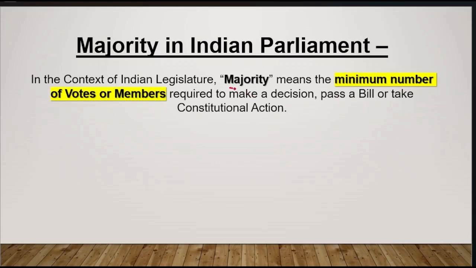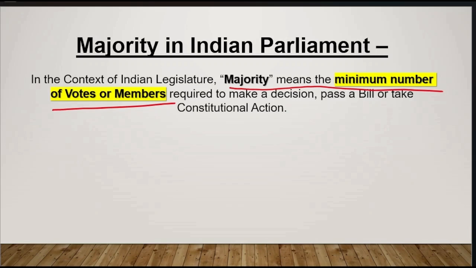So majority is nothing but the minimum number of votes or members required to make a decision, pass a bill or take constitutional action. তো মেজরিটি কথাটার মানে হচ্ছে একটা পার্টিকুলার বিলকে পাস করতে গেলে বা কোনো কনস্টিটিউশনাল চেঞ্জেস আনতে গেলে তার জন্য মিনিমাম যে নাম্বার অফ মেম্বার্স এর ভোটস লাগবে সেটাকে আমরা মেজরিটি বলছি। তো হোপ ইউ আন্ডারস্টুড দ্যাট হোয়াট ডাজ দিস টার্ম মেজরিটি মিনস।